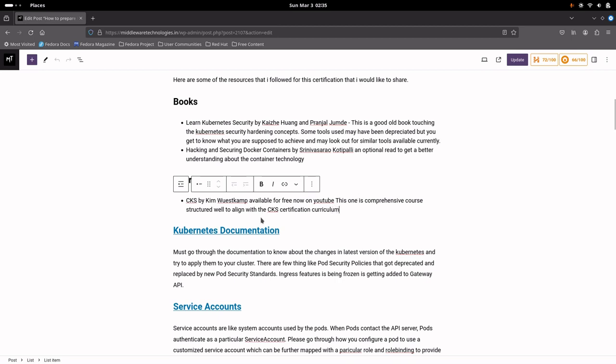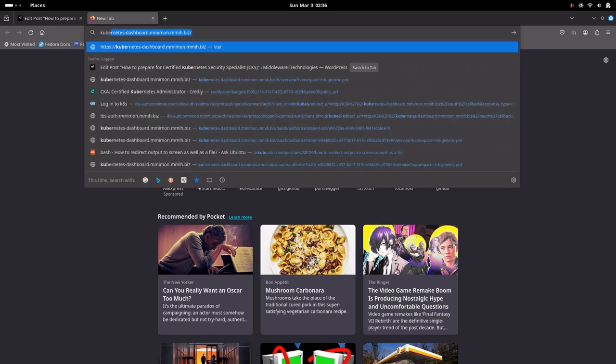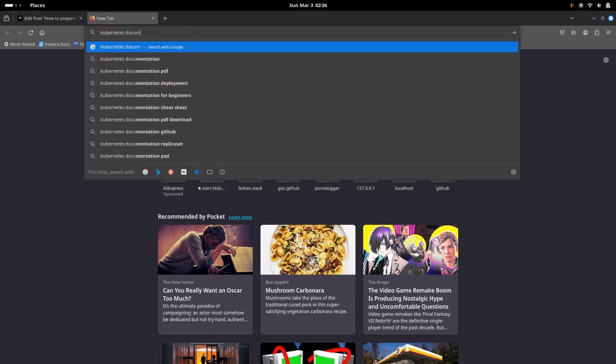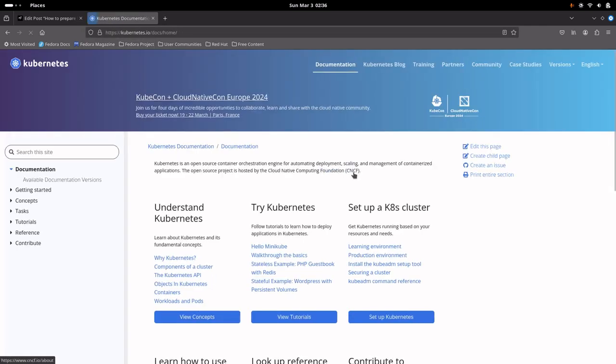Now let us go through the documentation that I have been referring to for this exam. The first thing is the Kubernetes documentation. The Kubernetes documentation is really a good thing to go through, because you will get to know different things that have changed in the new version of the cluster. Currently, if you search for Kubernetes documentation, and go through it,